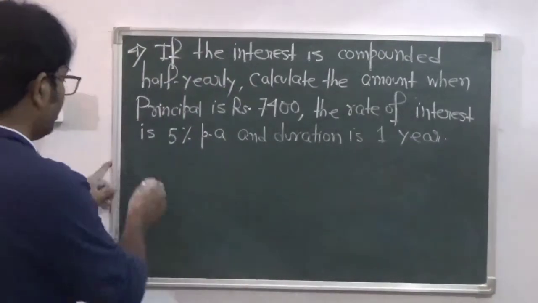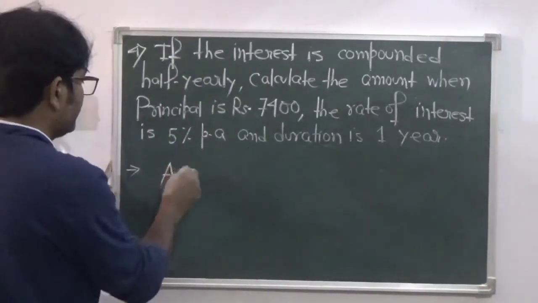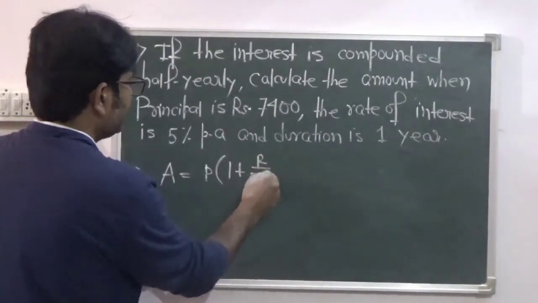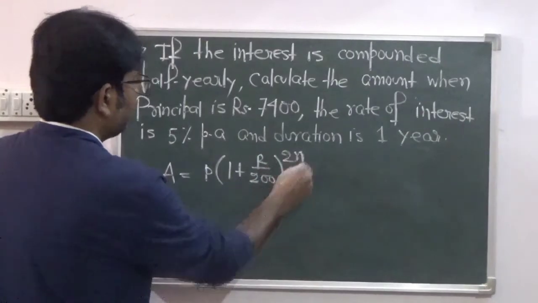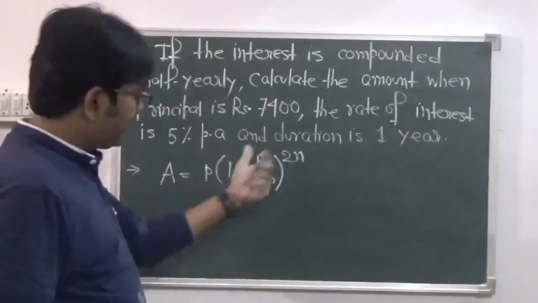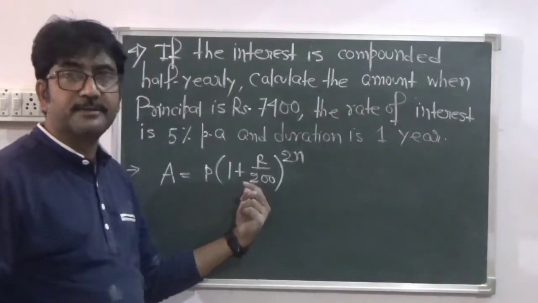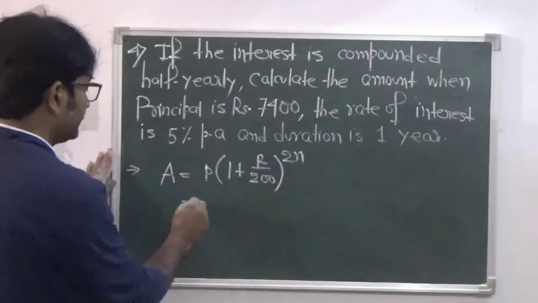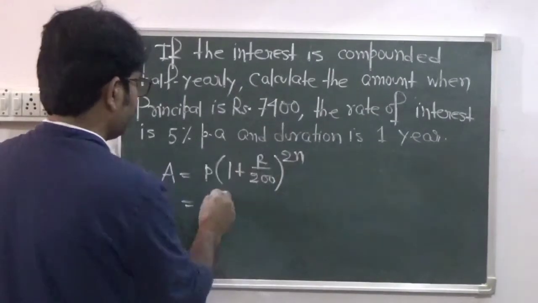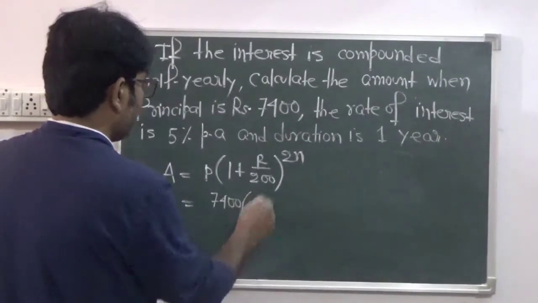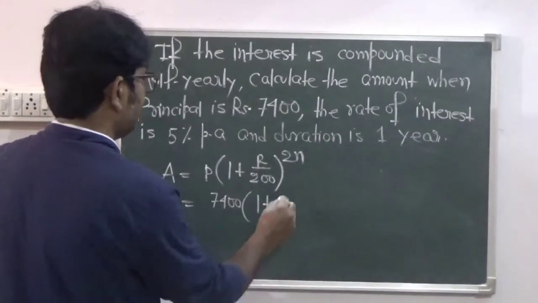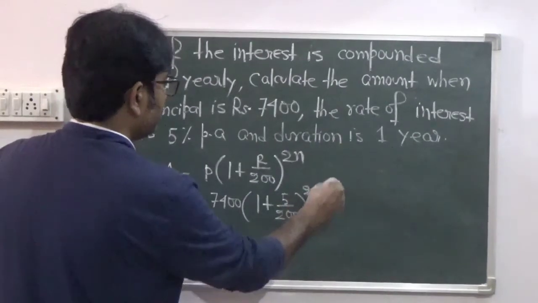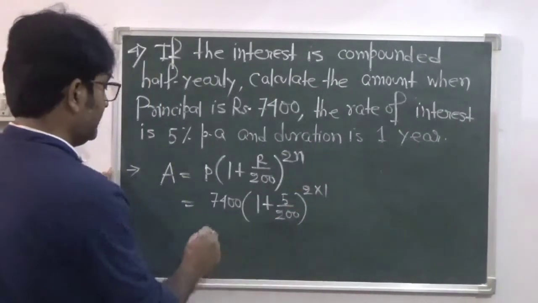So you got the formula here. Amount is given by P into 1 plus R by 200 to the power 2n. R rate is divided by 2, so R by 2, 2 comes down, becomes 200, and time is multiplied by 2, that is 2n, right? Now principal is 7400, 1 plus rate is 5%, so 5 by 200 to the power 2 into 1, n is 1 year, so it is coming to